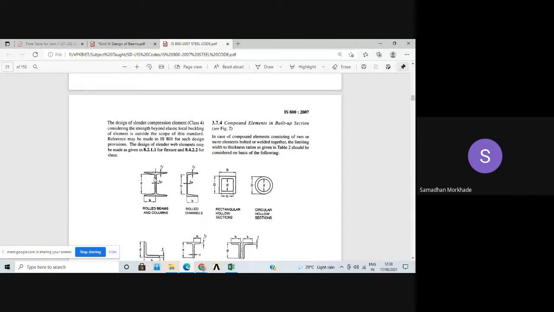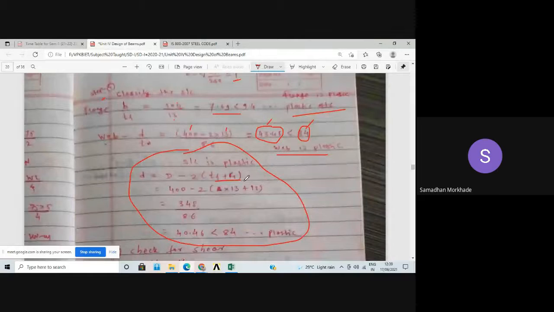Here we are not minus R1, because R1 we have to minus. This I section is not a parallel flange section. These flanges are tapered at this location. Here there is a root radius, and this d has been measured from where this root radius ends at this point. So the thickness of flange at this point, as well as the root radius, has been subtracted. This is the accurate procedure from the IS code.